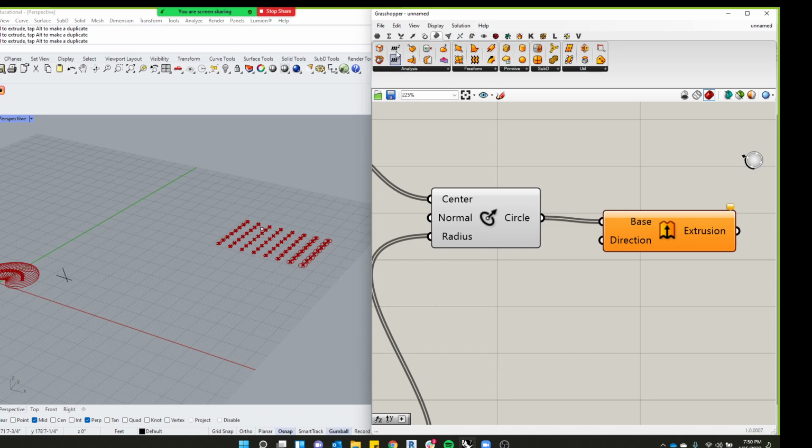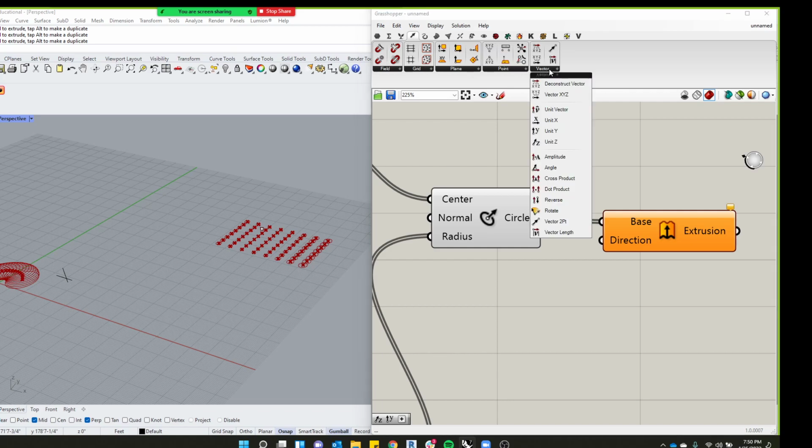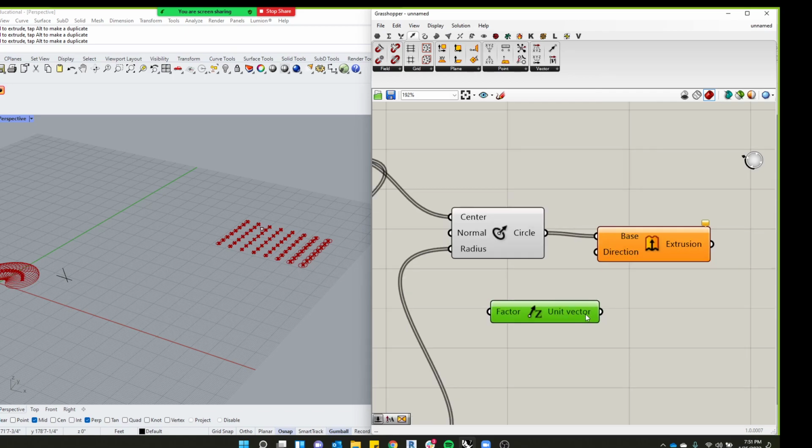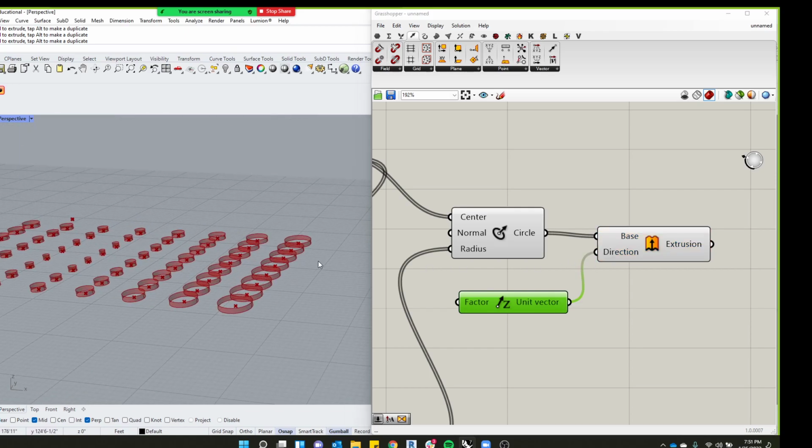The vector tab has a little arrow on it. But at the very end, there's a collection called Vector. And we want to move it in the Z direction. So if I take this out, I have a unit vector in the Z. I plug that into the direction. It's extruded them all